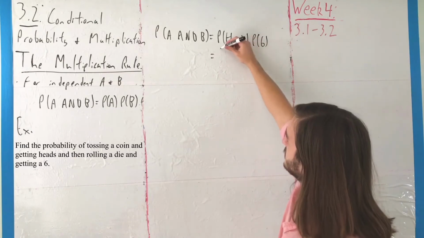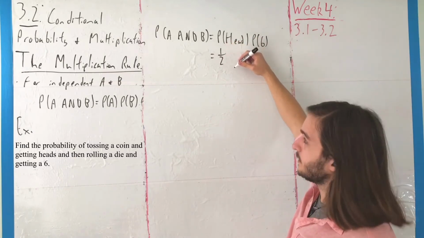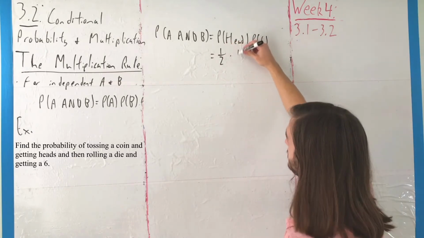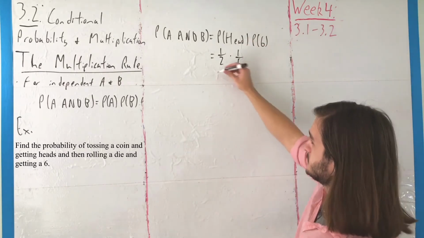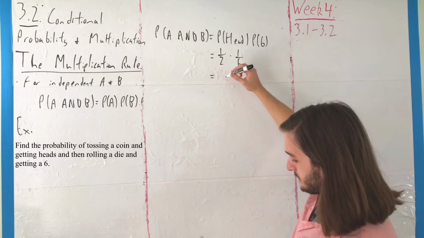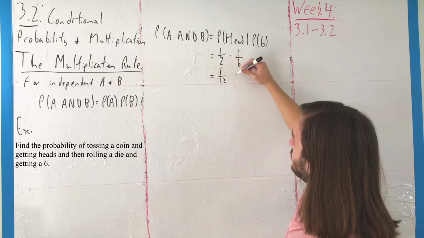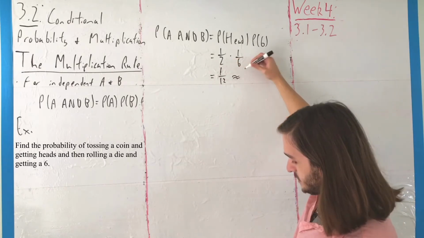Where here, that would just be 1/2 for the head times 1/6 for the 6, for a total probability of 1/12, or if you prefer a decimal,